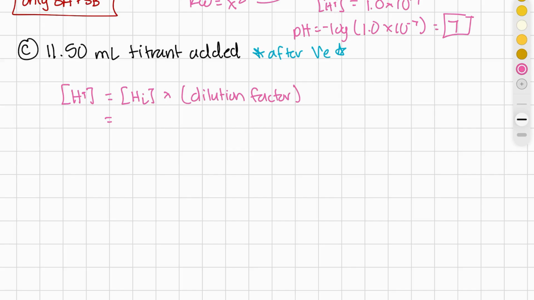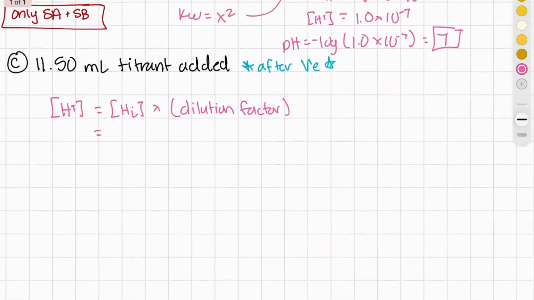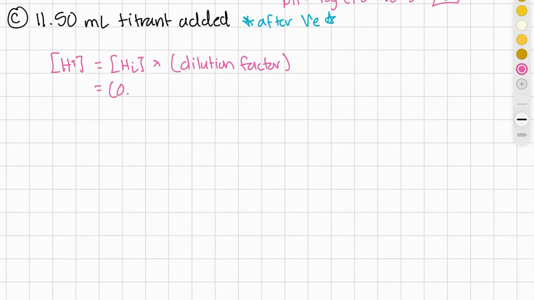So the initial concentration of H plus was 0.2. And our dilution factor, again, is our volume of excess, in this case 1 milliliter excess over the total. So this is going to be 30 plus 11.5. And when I do this, this should give me